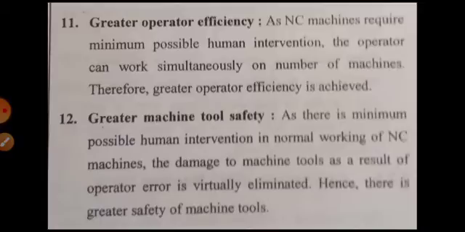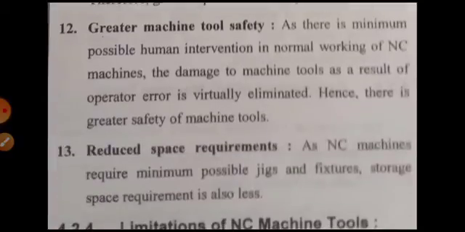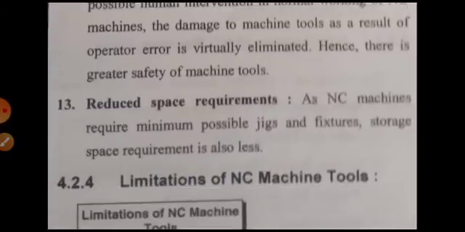Therefore, greater operator efficiency is achieved. Greater machine tool safety, as there is minimum possible human intervention in normal working of the NC machine. The damage to the machine tool as a result of operator error is virtually eliminated. Hence, there is greater safety of the machine tool also.